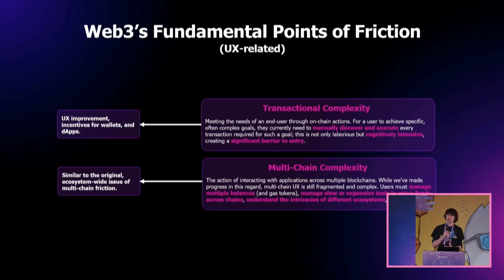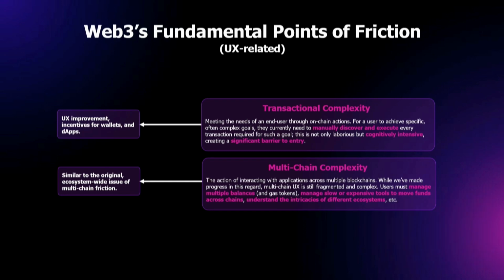Okay, so tying these back in with the original issues that we just talked about with the larger Web3 ecosystem. We identified 3 core issues, one of which was solved. The last 2 that are remaining for the entire ecosystem, not just account abstraction, are transactional complexity and multi-chain complexity. This ties very closely in with UX improvements, so incentives for wallets and dApps. If we can solve this using account abstraction as a layer, as a foundation, then account abstraction will intrinsically be adopted quite significantly. Multi-chain complexity can also be solved or improved with account abstraction, which contributes to that problem that we identified with ERC-437 a moment ago.